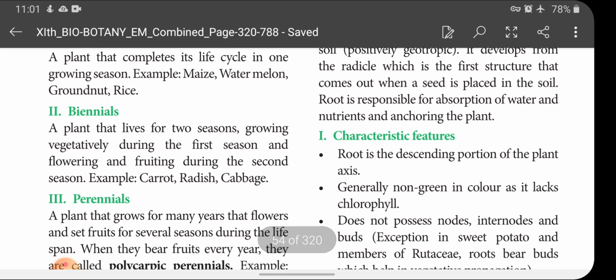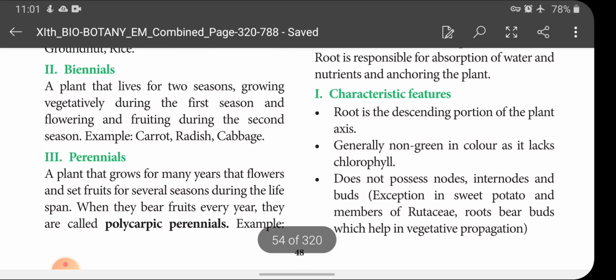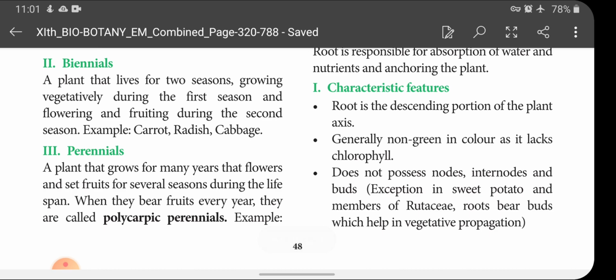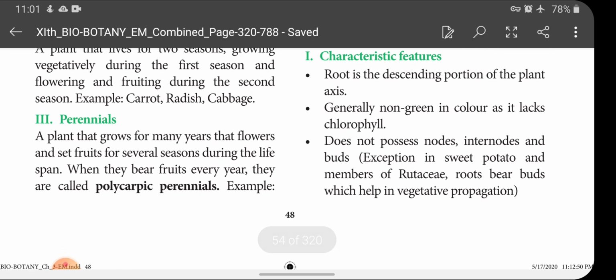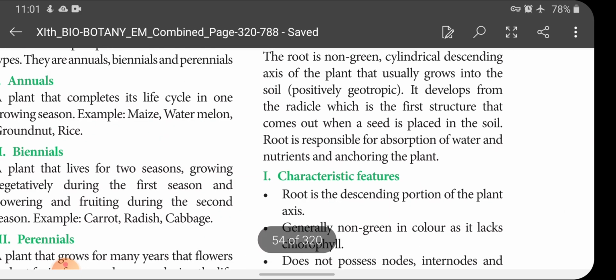Biennials: a plant that lives for two seasons. It grows vegetatively during the first season and flowers and fruits during the second season. Example, carrot, radish, cabbage. Then perennials: a plant that grows for many years, that flowers and sets fruits for several seasons during its lifespan. When they bear fruits every year, they are called polycarpic perennials. Example,